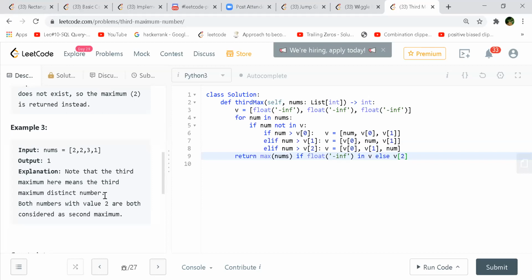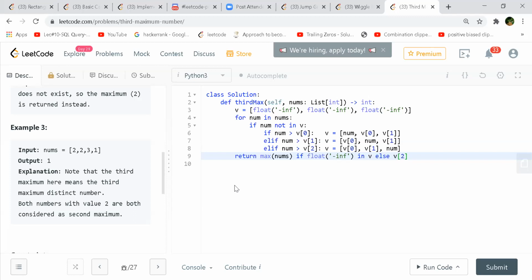This one is a very good trick. So you're maintaining a small vector with 3 values, right? If your number is greater than your V0, that will be your first largest number.